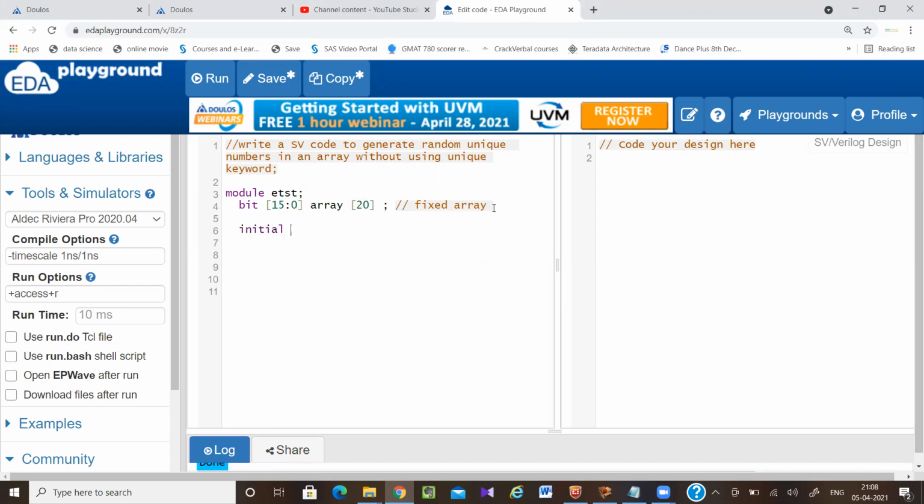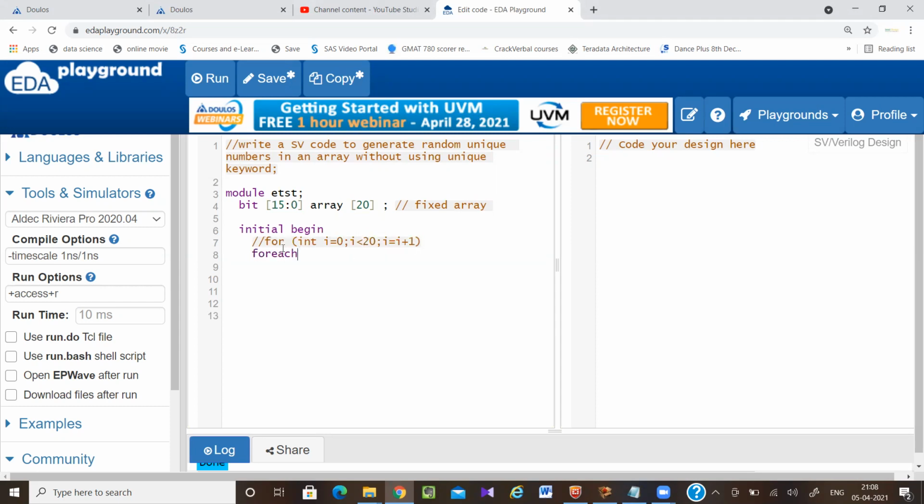So now initial begin. Now I have to initialize the values of the array. For that I can use a for loop. I can write for int i = 0; i < 20; i = i + 1 to access all the elements in the array. In SystemVerilog, instead of for, I can use a foreach loop.